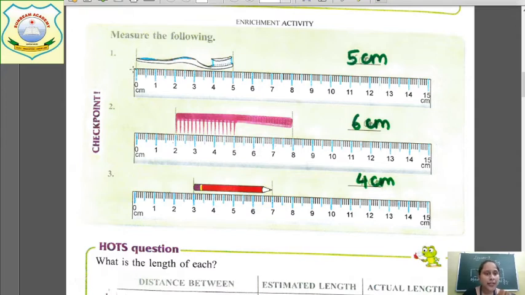Children, you can see these dotted lines. This is one dotted line and this is the another dotted line. What you have to do is you have to draw a line with the help of scale. You will not draw it with hands. Join these dotted lines and draw the line. Okay, this side also and this side also.